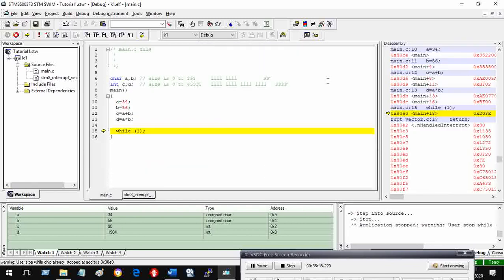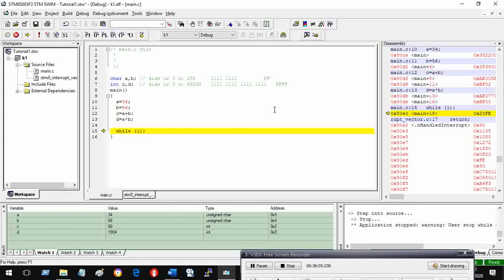And the purpose of this building and this compilation, etc., is to eventually arrive at the code that will go into the microcontroller, and that's why it is called disassembly. They are disassembled.